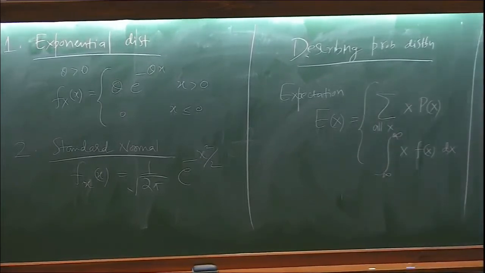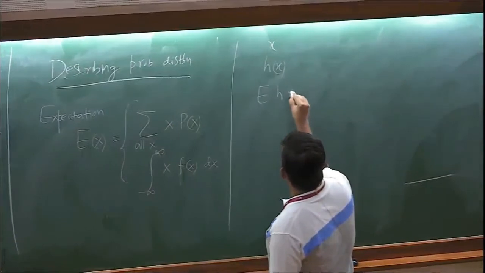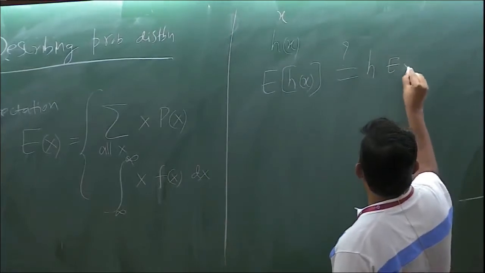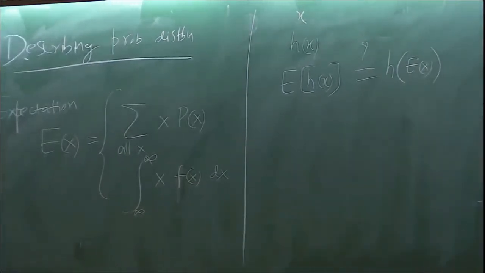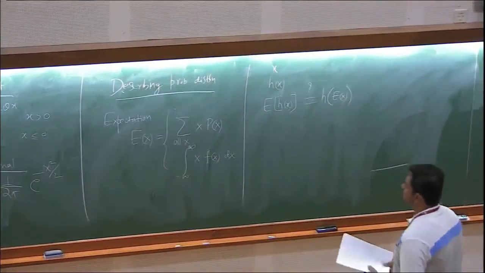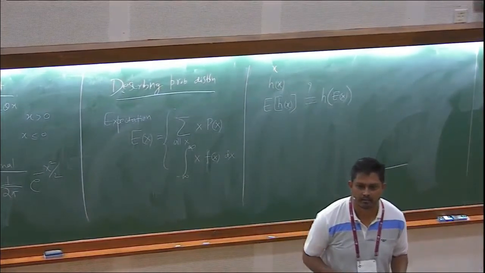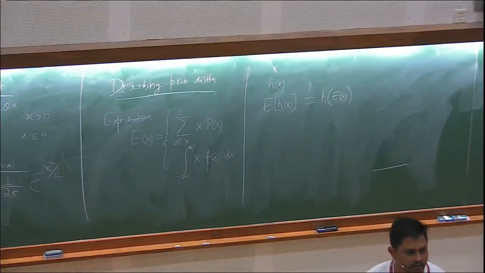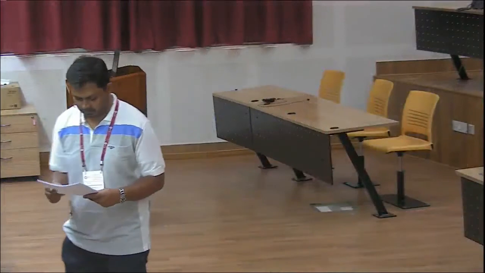To go to that, a simple question to ask is the following. Suppose I have this random variable x, and I have a function of x. What is the expectation value of the function of x? Yes? No? Why not? It's a function of the function. Suppose it's a linear function, then it'll just scale and shift a bit here and there, that's all. But if it's a nonlinear function, not in general, right? Very likely no.